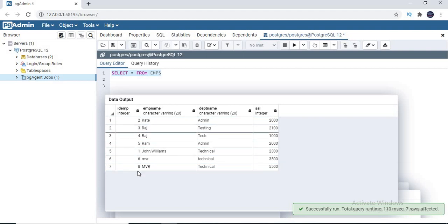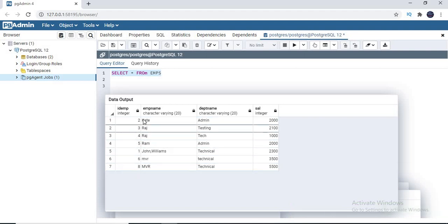You can see the 7 records, which contain employee ID, employee name, department name and salary. I want to perform an insert through a job. Is it possible? Yes, you can do insert, delete or update. It's up to you based on your convenience. Yes, we can perform all the DML operations through jobs.